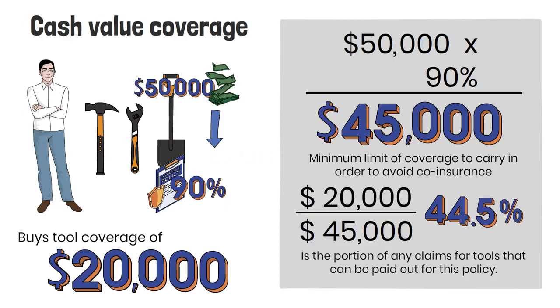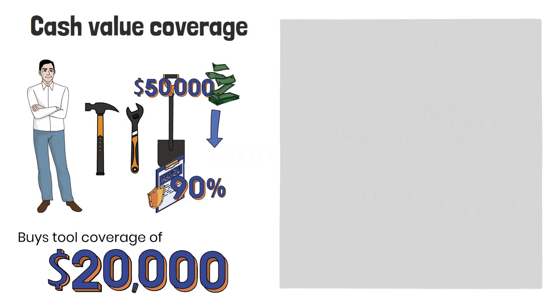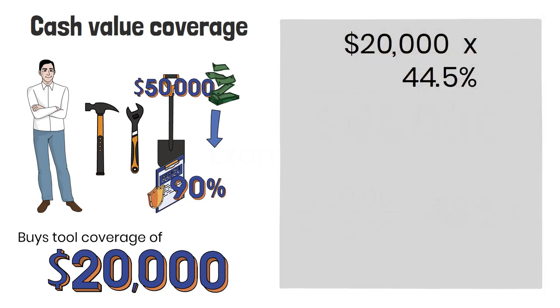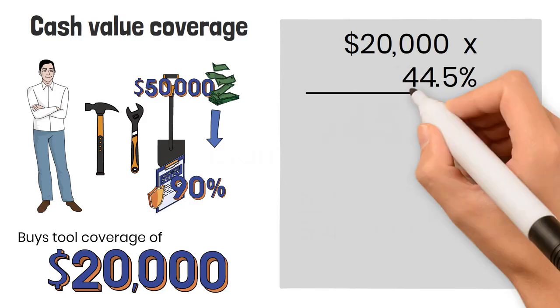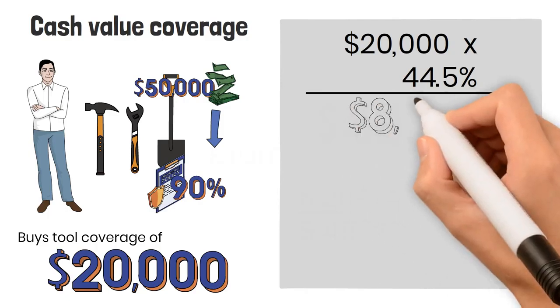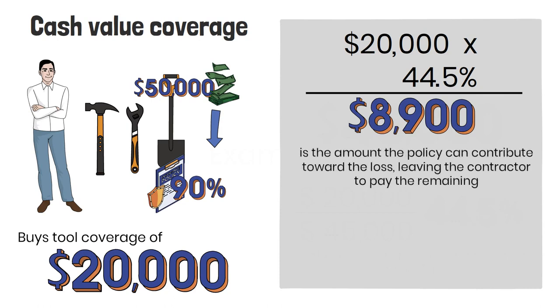Next, let's pretend our contractor's tools are all stolen from a large job site where they had $20,000 worth of tools. We apply our coinsurance percentage of 44.5% as follows. 44.5% of $20,000 gives us a total of $8,900. $8,900 is the amount the policy can contribute towards the loss, leaving the contractor to pay the remaining